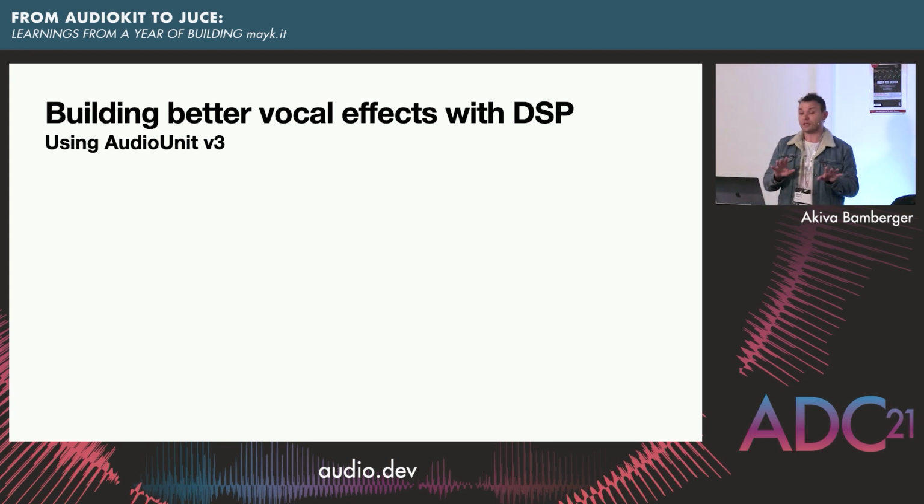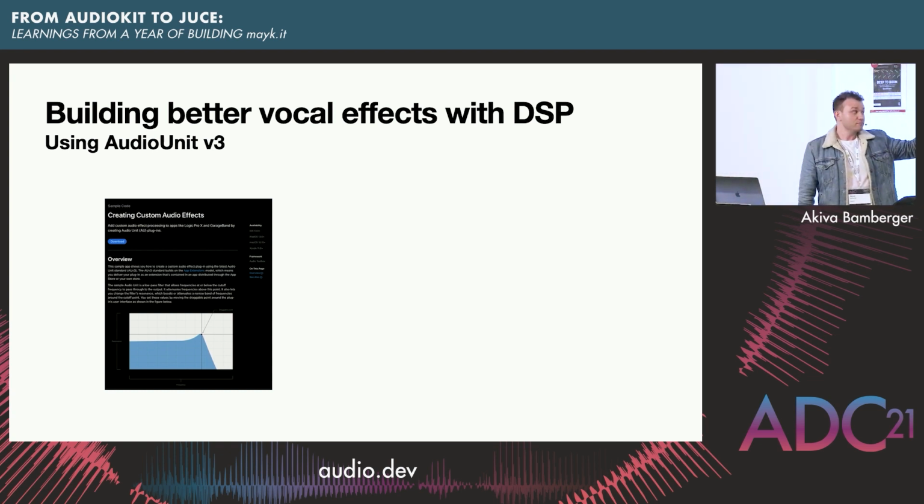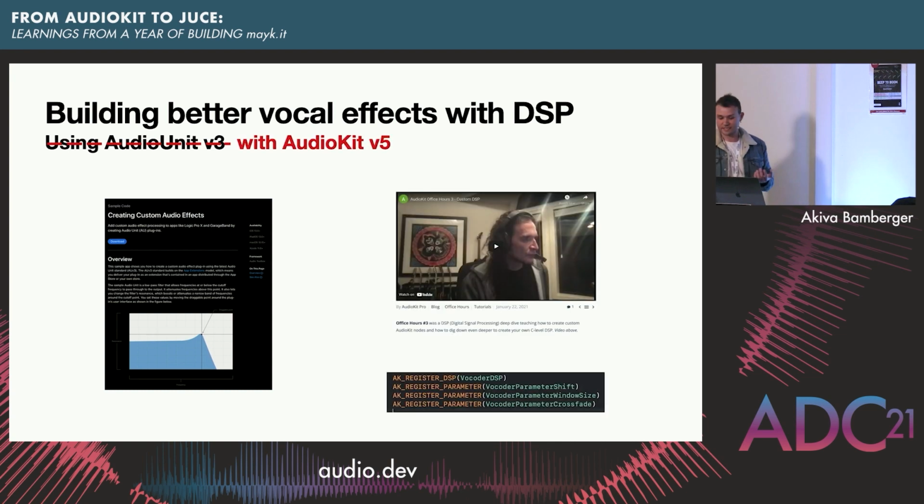Great, so we knew that we wanted to build better vocal effects. We knew that we had some SuperCollider code that we wanted to start implementing into DSP. And so we started with Audio Unit v3s. There's this great little tutorial by Apple called Creating Custom Audio Effects. If you're an iOS developer and you haven't tried to build a custom effect, I highly recommend just going through this tutorial. You end up with targets that take your AUv3 audio unit and let you add that into the rest of your project. So it's very easy to get started building audio effects.